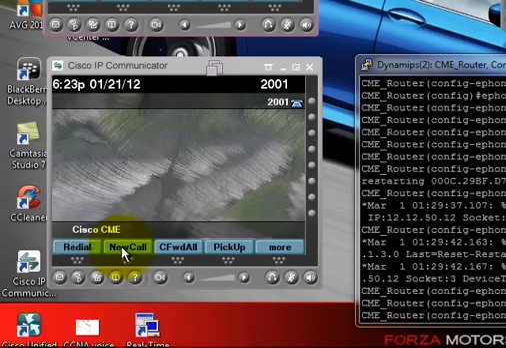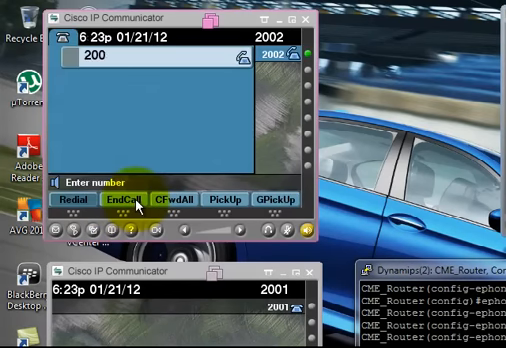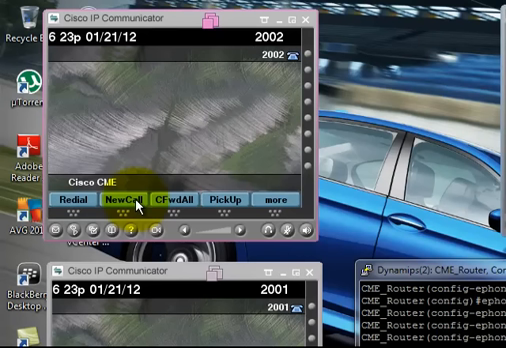We drop the call now. The same thing we'll do from 2002 to 2003, so 2003. We see that 2002 can call 2003. Now that we have successfully done the connectivity, where phones can call each other,